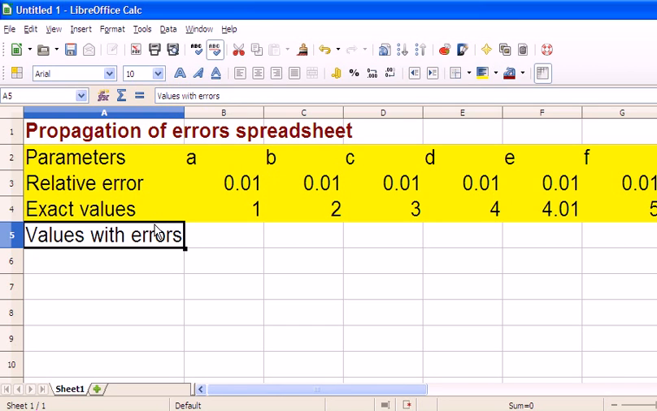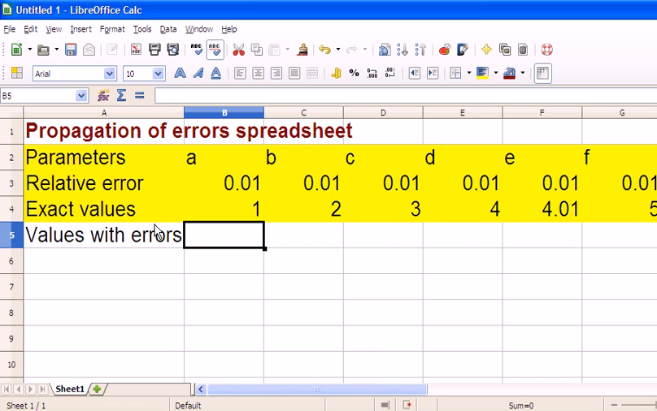All right. Now what I want to do is, here I want to give not the exact value, but the exact value with a relative error. Now the thing is that the relative error in different directions will have different effects on the final value. So what I want to do is add a random error that could be positive or negative. So how do I do that? Well, because I'm typing in a formula, I'm going to want to type in